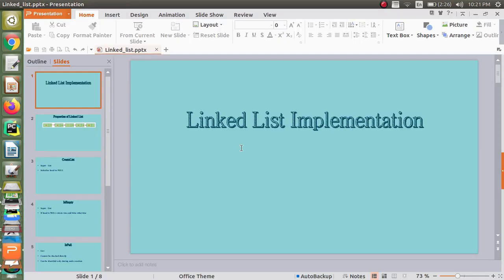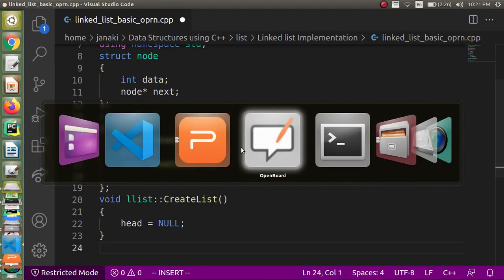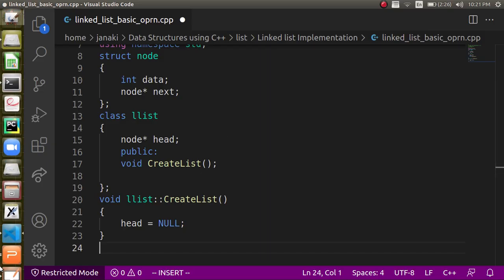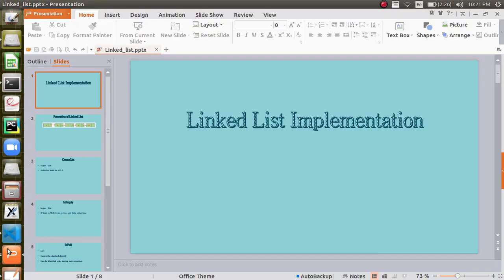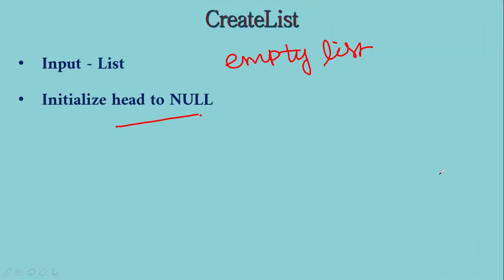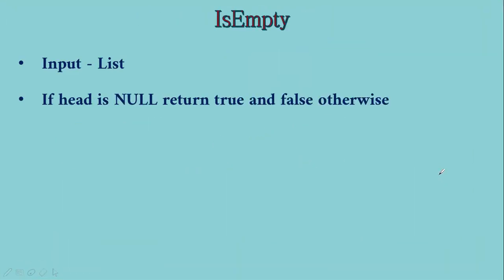Fine. Okay, so what we are going to see next is the isEmpty function. So what is the purpose of the isEmpty function is, it will also take a list as the input and check if the list is empty or not. If head is null, then we will tell the list is empty.